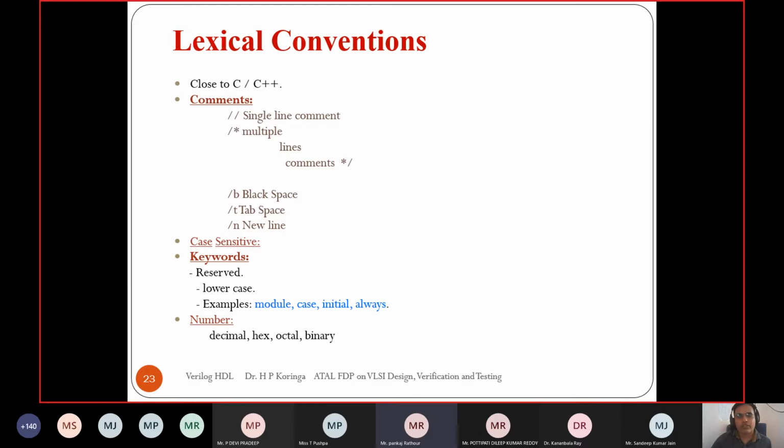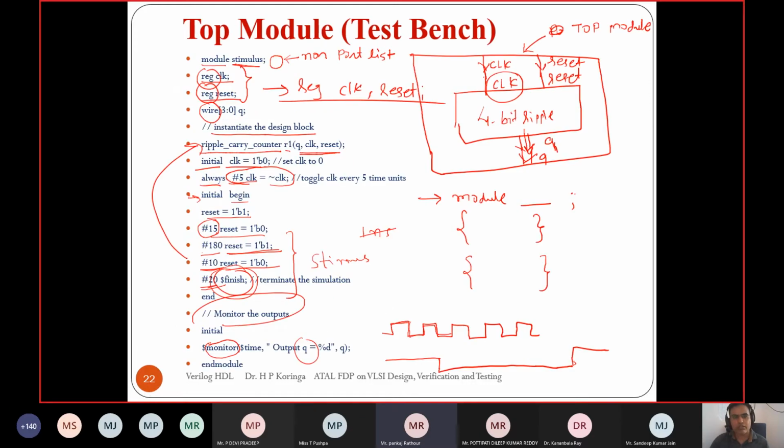Sir, I have a doubt in the previous slides. As you mentioned, in a 4-bit ripple carry adder, when we are designing it, we have to mention the data type as input. But in the test bench, it is mentioned as reg. How is this conversion done? In the design you mentioned it as input, but in the test bench it is a reg. In the test bench, this is a reg, and we can assign the external signals to the input, right?